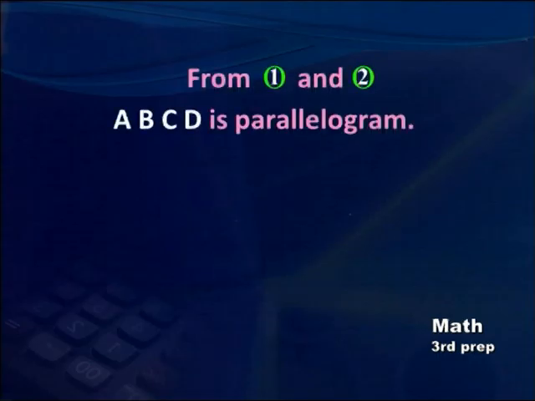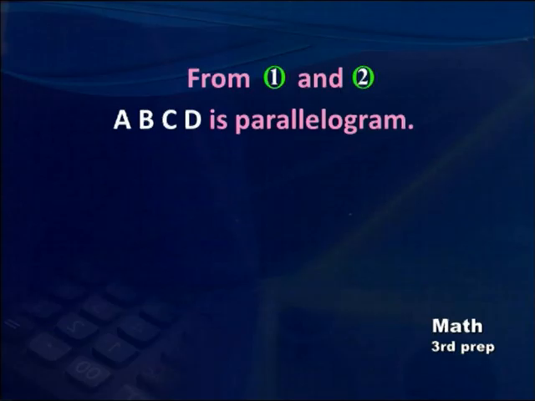From 1 and 2, you are going to find that ABCD is a parallelogram. Now, to find a modification to change this parallelogram into a rectangle, you can prove that two adjacent sides are